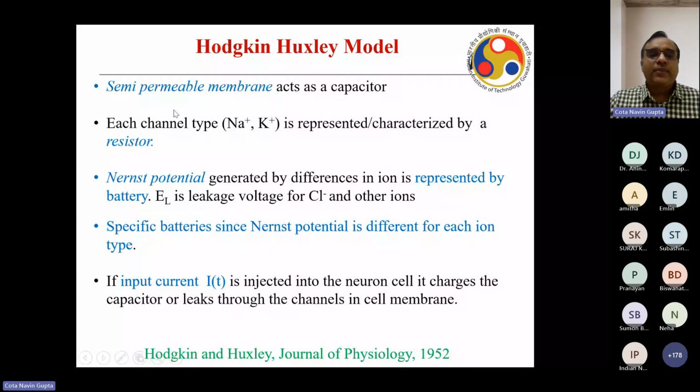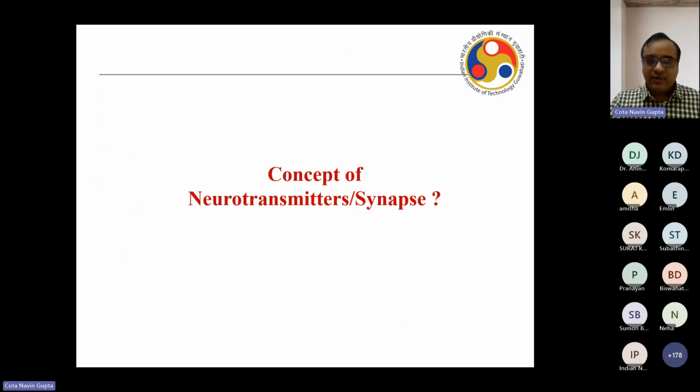So the semi-permeable membrane acts as a capacitor. Each channel is characterized by a resistor. The Nernst potential generated by differences in ion concentration is represented by a battery, with specific batteries since the Nernst potential is different for each ion. If input current is injected into the neuronal cell, it charges the capacitor or leaks through the channels, and the modeling is possible using a set of equations. So I'll not go too much into that. I'll just introduce the Hodgkin-Huxley model